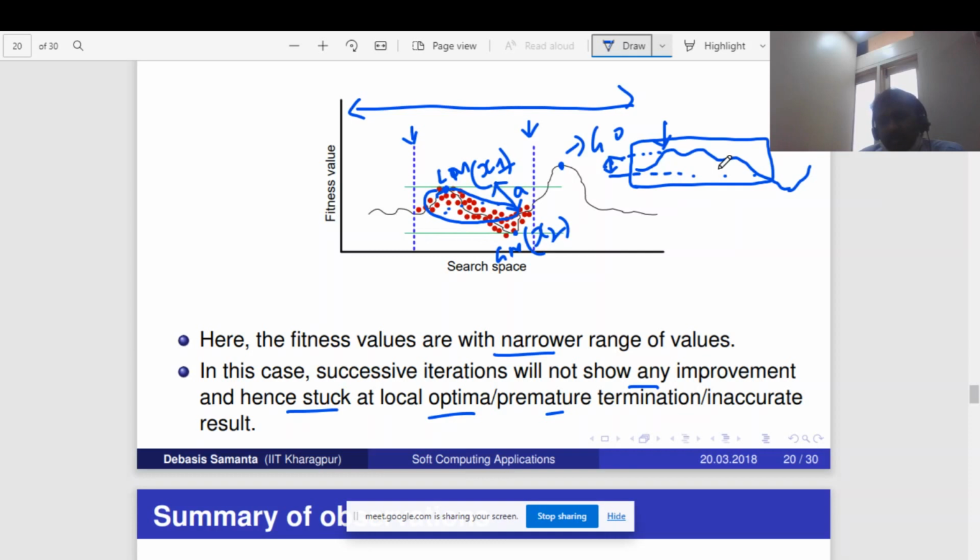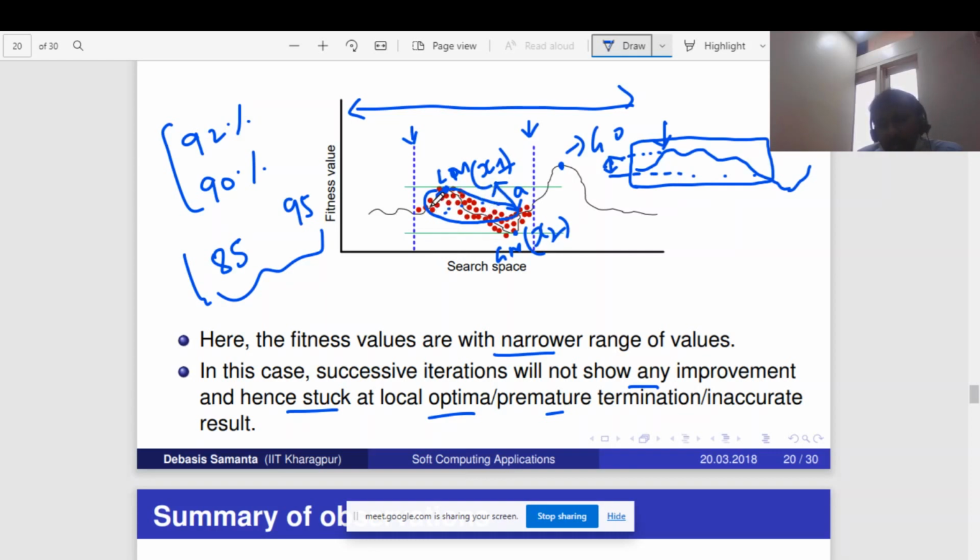Say, for example, somebody got 92 percent in soft computing, somebody got 90. Will you put them in different brackets? No, they are almost in the same range. Somebody got more than 85 to 90, or 95, we'll put it in A grade. So even though their marks are different, this is also something like that. The difference is very less.